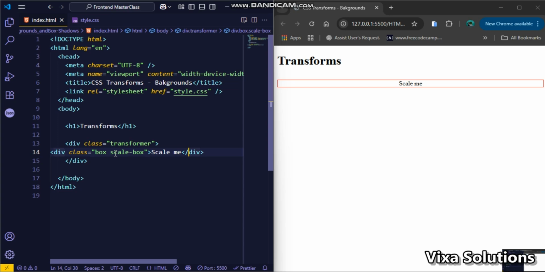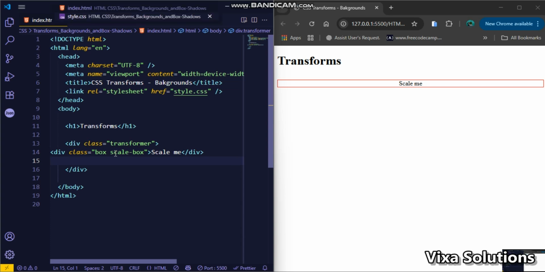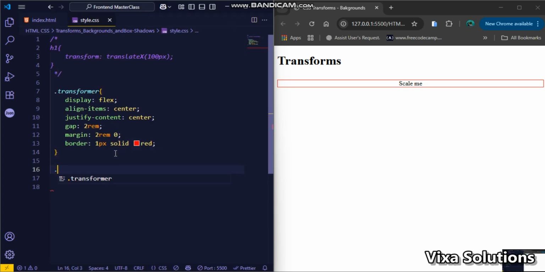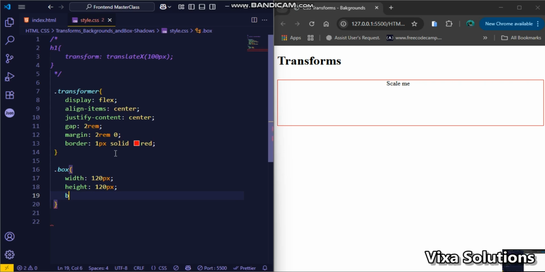So all the styles or the properties inside the dot box will apply to all of the boxes that have the class. Okay, and you will see that in action once we add another box. So let's go to our CSS and take the box class, give it a width of 120 pixels and height too, give it some background color,